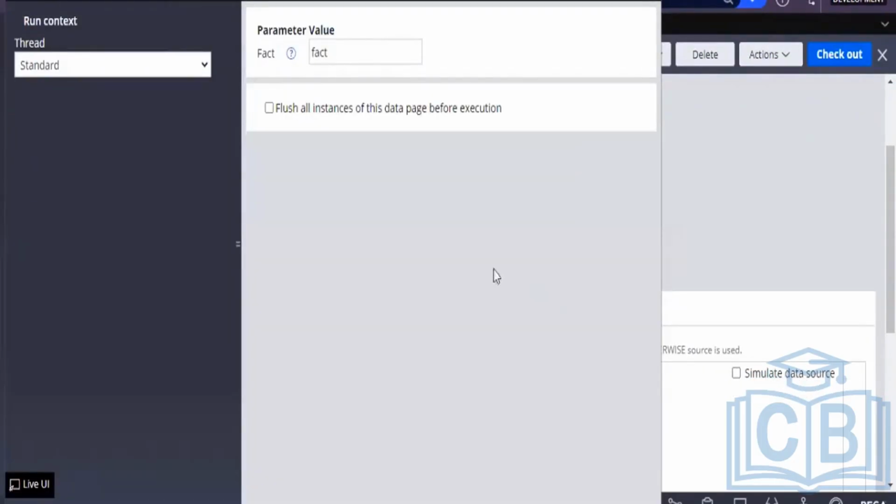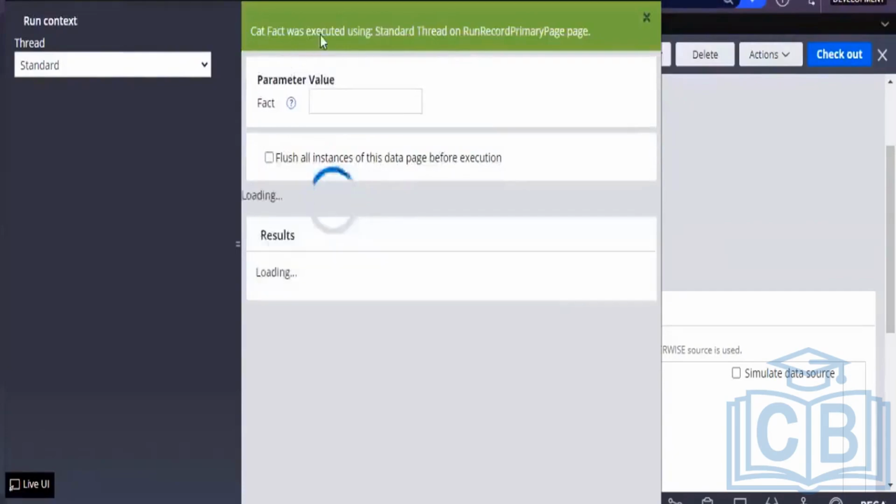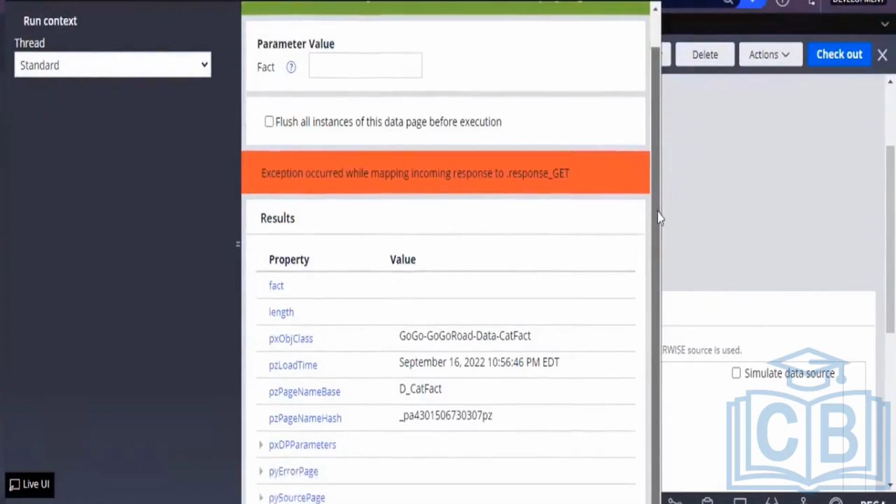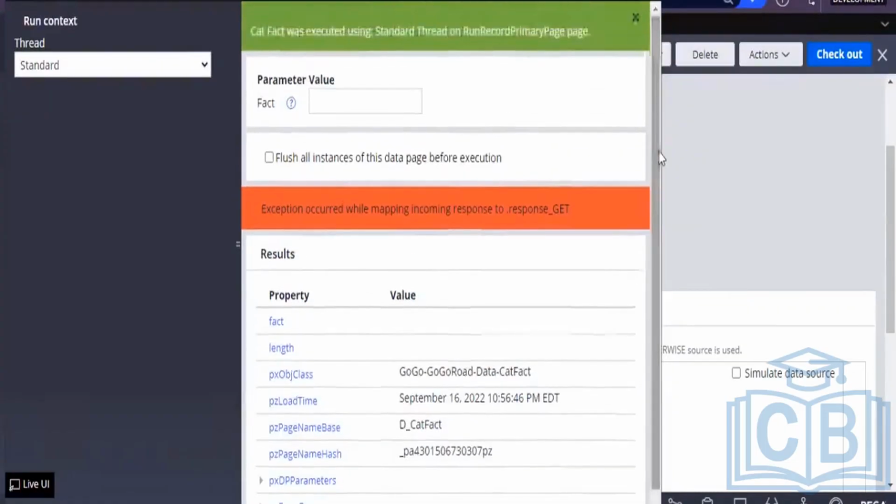Nothing input is required. Just remove the fact. Click on run once. I think we shouldn't select that fact parameter. We have checked one checkbox. It is starting. We are getting an error, because no input is required. Just refresh.